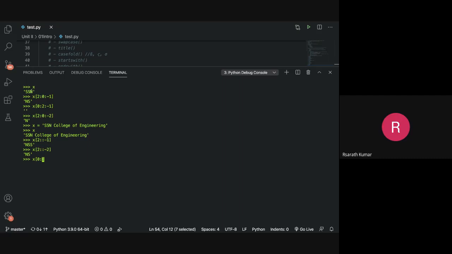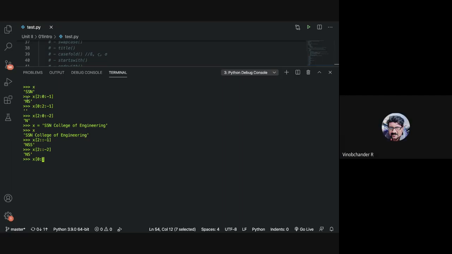Okay, sir. I thought S should be printed. 0 minus 1, 0 plus 1 should come, no, sir. S won't be printed. I thought S will be printed, but S should not be printed.